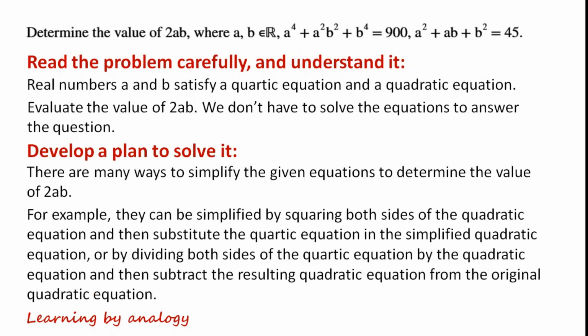For example, they can be simplified by squaring both sides of the quadratic equation and then substituting the quartic equation in the simplified quadratic equation, or by dividing both sides of the quartic equation by the quadratic equation and then subtracting the resulting quadratic equation from the original quadratic equation,